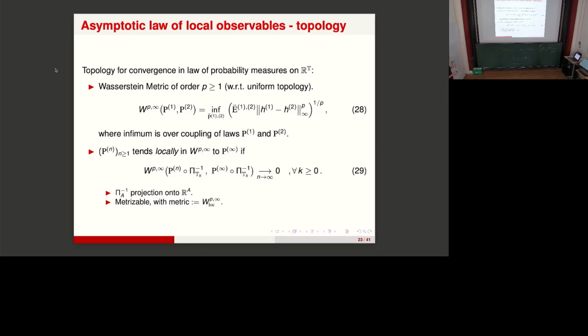One has law P1, the other one has law P2, and you are looking at the p-th moment of the uniform distance or difference, and you take the infimum over all possible couplings. Okay, so the Wasserstein distance between 2 laws is, I need the best coupling that I can do to couple these 2,